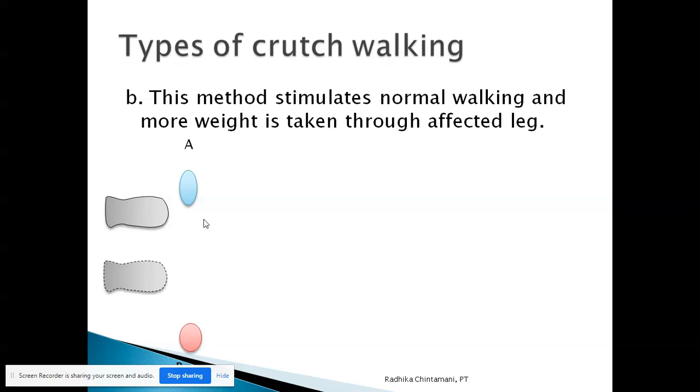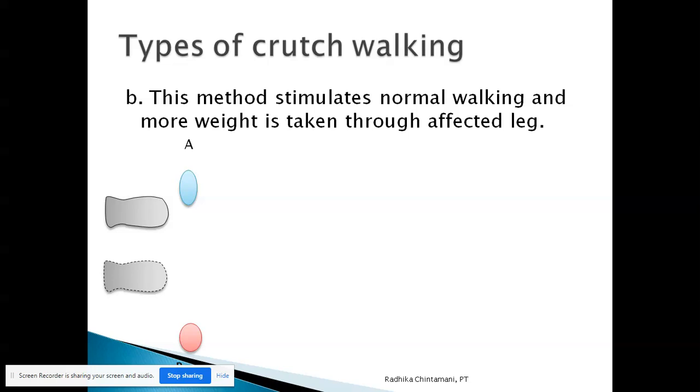The imaginary line is taken out because we are simulating the normal walking pattern. When you're walking normally, your right hand swings along with the left foot or left extremity, whereas your left hand swings along with the right extremity. So this is the alternating fashion of the upper and lower extremities during walking. This part of partial weight bearing simulates normal walking, that means the alternation between the upper extremity and the lower extremity. Hence, if the imaginary line is present, that cannot be achieved. Hence, the imaginary line is removed.